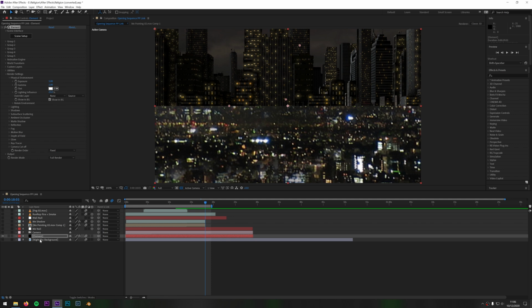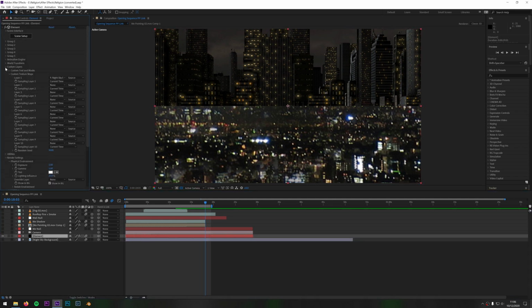So the way I actually got this background to be loaded into Element is you can come up to custom layers and you can do custom texture maps. Now once you click this, you can choose any of the layers in your composition, and because I've chosen night sky background, it also gives me an option here to choose the source, masks that are applied to it, and any effects that are also applied to it. I haven't added any effects to it, so I just need to use the source. Also, if it was a video clip, I could choose what frame I want to use, but it's a still picture, so it doesn't really matter. And that's how you load anything that you want from the comp into the scene.